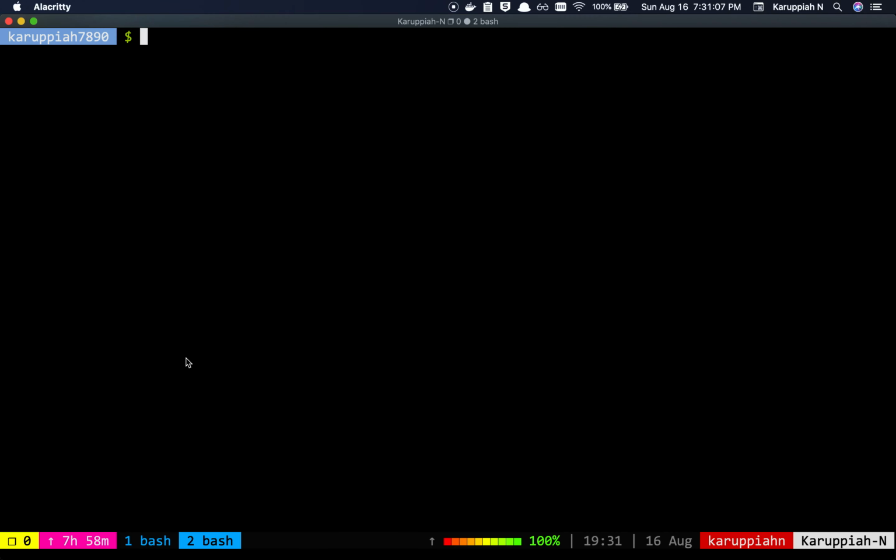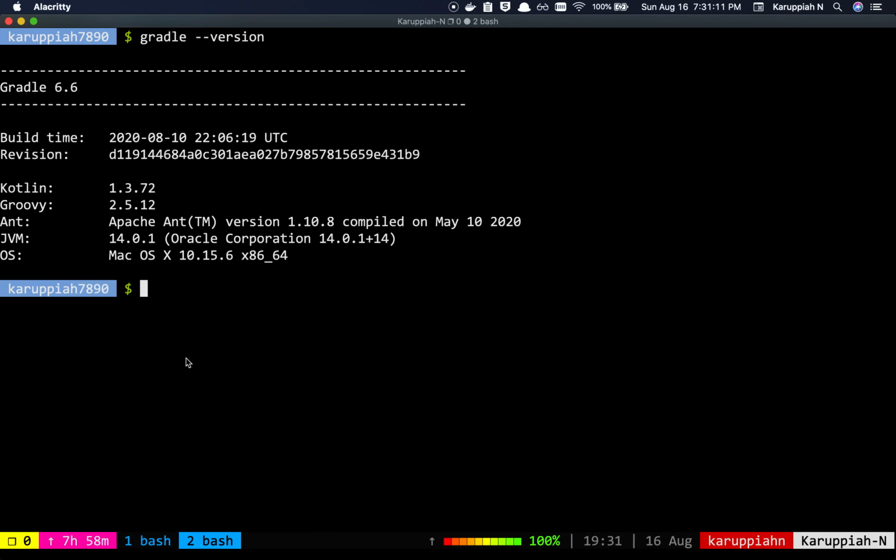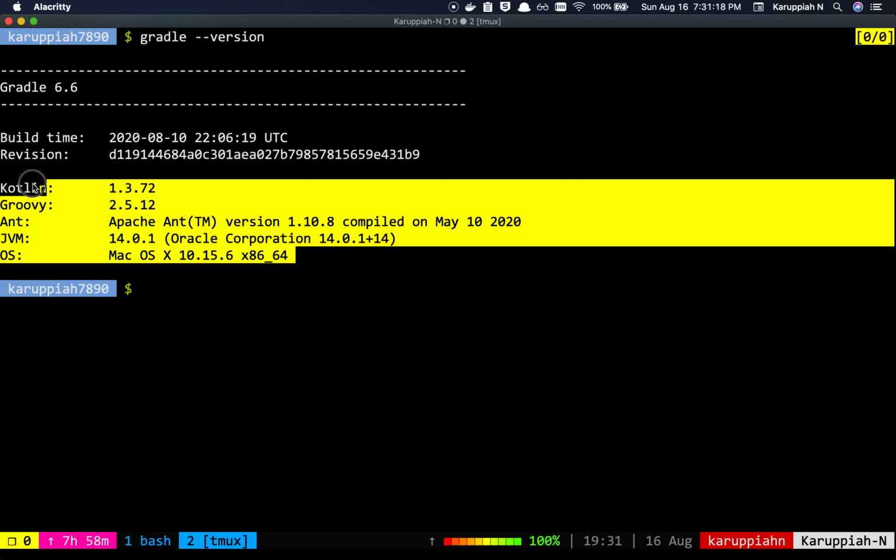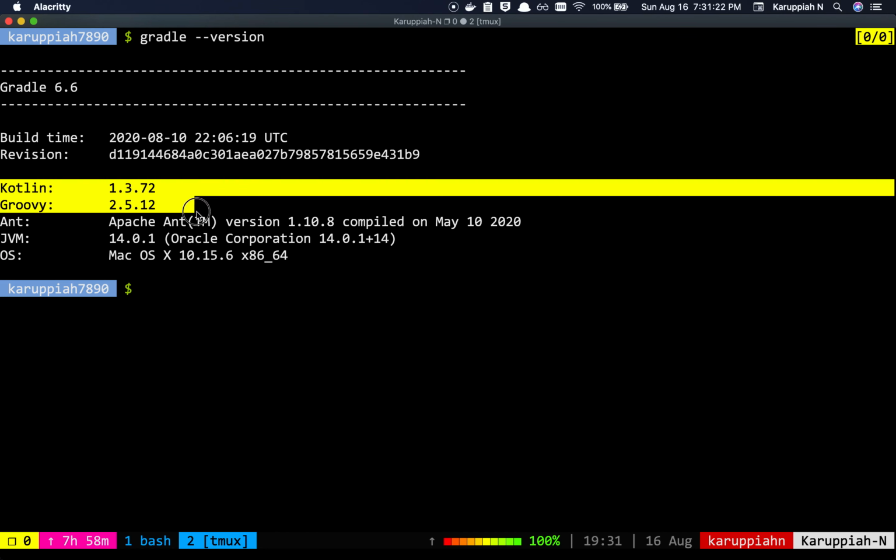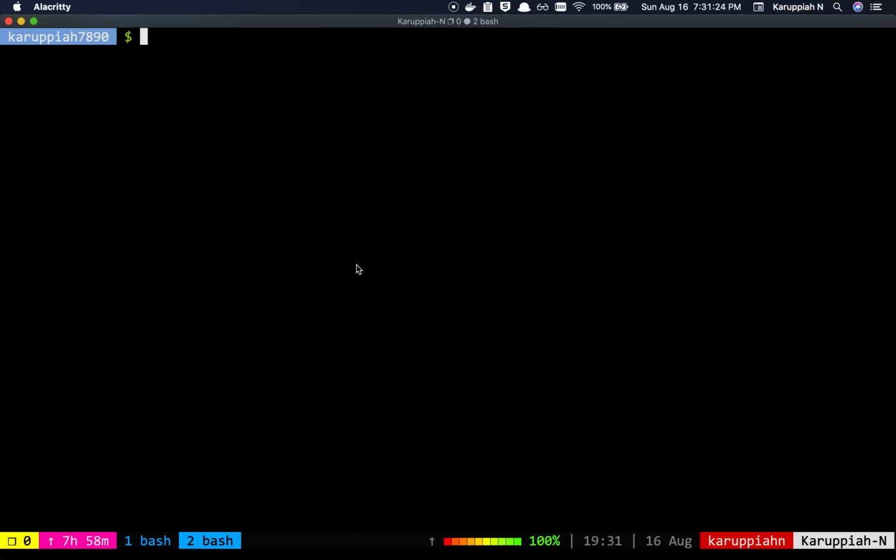I am going to show you how to get started. So I have Gradle version 6.6. This is the latest Gradle version. So once you have this, it'll also show you some more details about your OS and I believe what it supports. So to get started with Gradle, you just do this. You say gradle init. This is the command that you use to